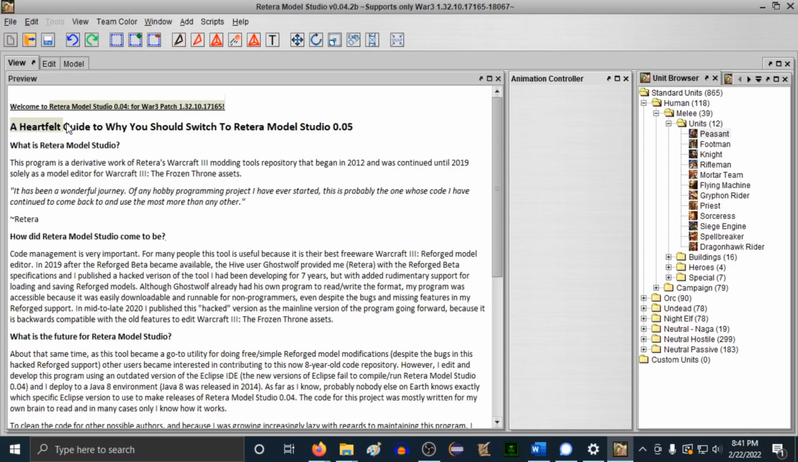You'll notice there's an ad that I've put in the front page here trying to convince users to go and use the newer version made by other people. This happened because Retera Model Studio is open source, and although the version that I maintain has fallen a little bit behind what those other people are doing, because I've been working on some other fun projects with my time, basically I was trying to encourage this idea that